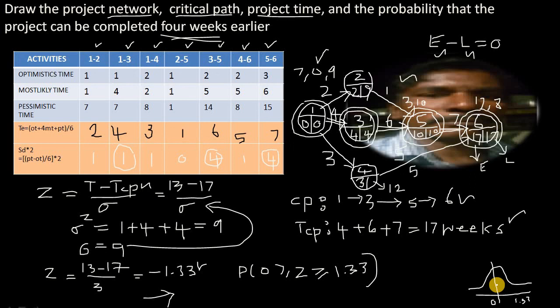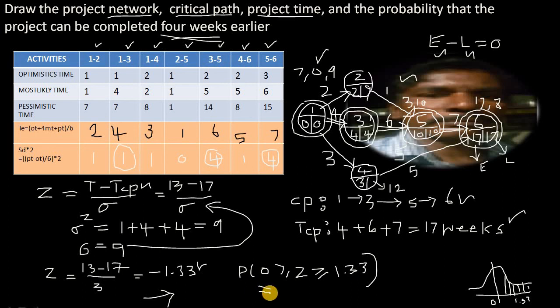So that's what we are interested in. This is a particular area we are interested in. And from the normal table,